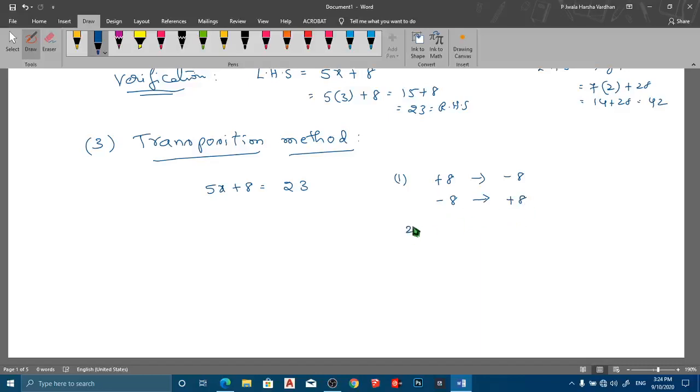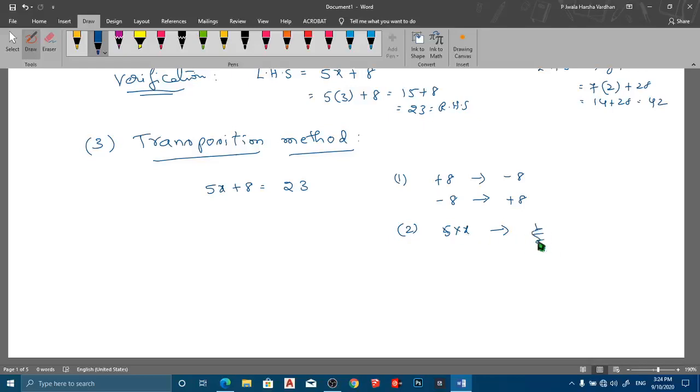And one more thing also you have to take. If it is multiplication, you are multiplying this with some 5 into x. If this multiplied value goes to the right side, it will become a division value. It will go into the denominator. Means you have to send this into the division form. 1/5 of that value you can write.